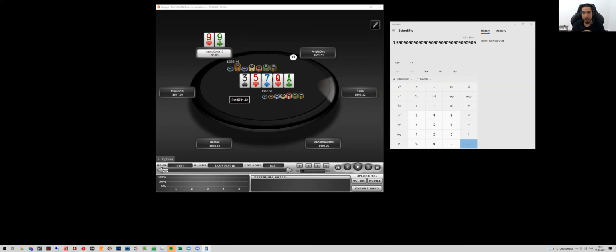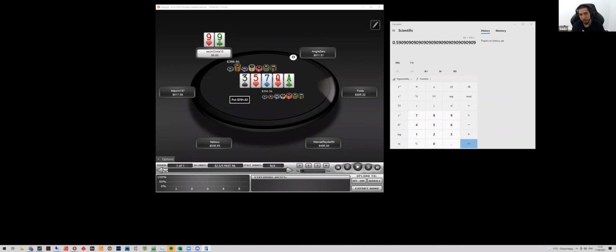So you can have a lot of information about his overall tendencies, which sizes he uses, how he splits his range. Again, using HandToNote is extremely powerful for this because it allows us to have pretty much any kind of information at our disposal. So I can just click on my pop-up and see exactly how he splits his range between bet sizes on the turn in that specific line.